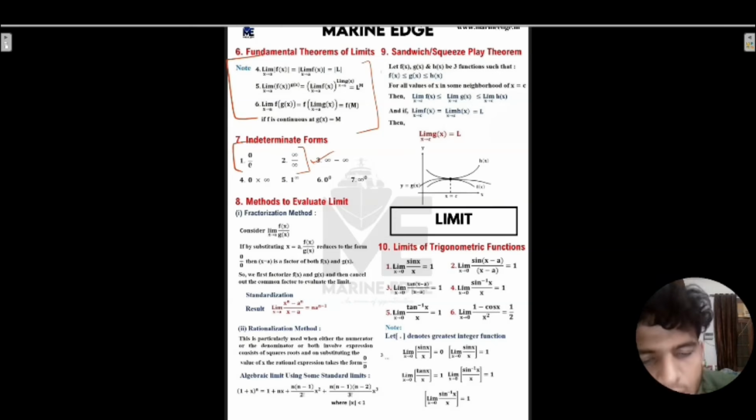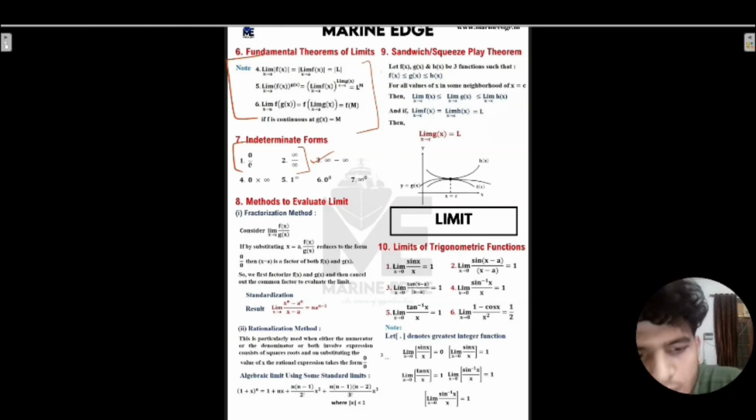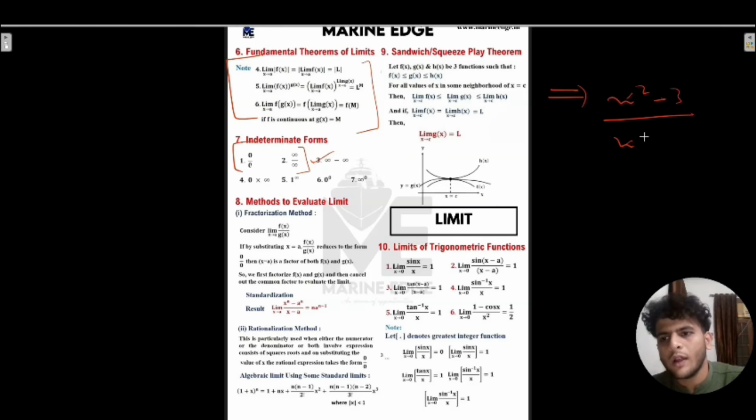The factorization method: limit of f(x) by g(x) when x is tending to a, by substituting x equals a, f(x) and g(x) reduce to the form 0 by 0, then (x minus a) is a factor of both f(x) and g(x). Yes or no? Obviously we know that if we have numbers, that is, अगर x square minus 3 है और x square